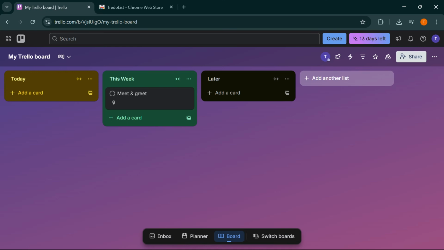Let's get started. First, open your browser and go to Trello.com. Then navigate to the board where you want to stack or organize your lists. Once you're inside your Trello board, you'll notice that all lists are arranged horizontally from left to right. This is Trello's default layout, and currently there isn't a built-in setting that allows you to switch to a vertical stacked list view. However, there are a few simple methods you can use to simulate stacking and create a more